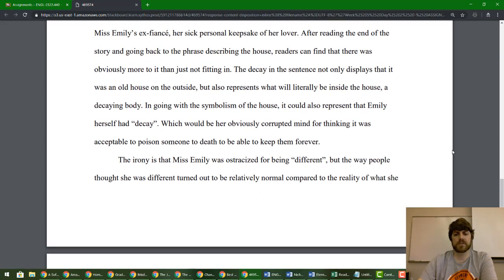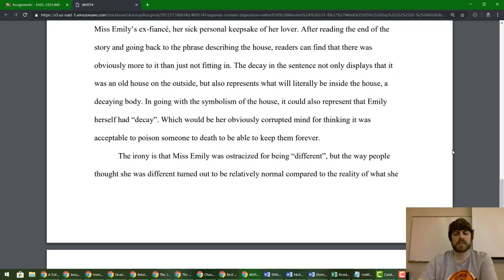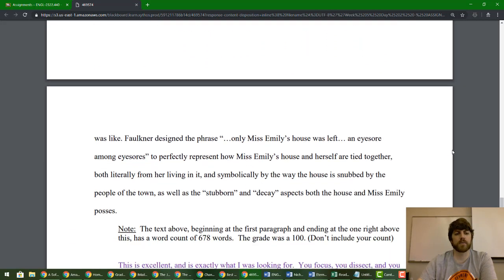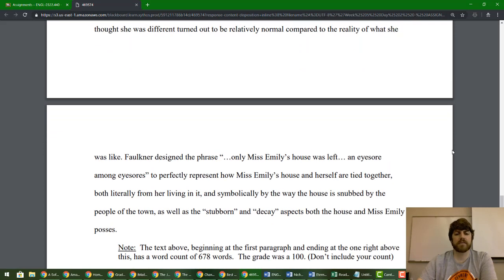And when she gets to the conclusion, she kind of truncates bits of this sentence so she doesn't have to say the whole thing again. It says, the irony is that Miss Emily was ostracized for being different, but the way people thought she was different turned out to be relatively normal compared to the reality of what she was like. Faulkner designed the phrase, only Miss Emily's house was left, an eyesore among eyesores, and she put the ... to kind of keep herself from having to requote the whole sentence, to perfectly represent how Miss Emily's house and herself are tied together, both literally from her living in it, and symbolically by the way the house is snubbed by the people of the town, as well as the stubborn and decay aspects both the house and Miss Emily